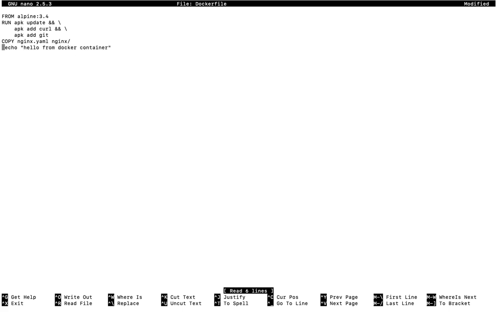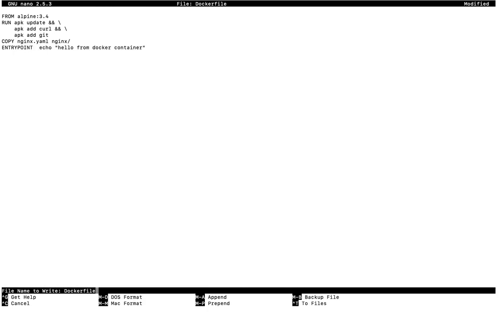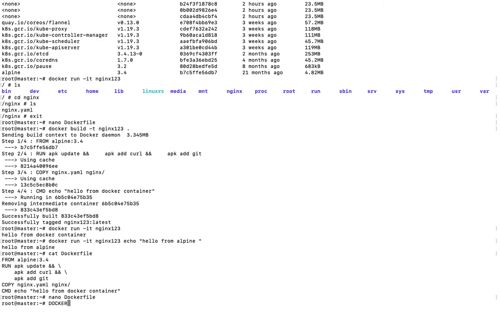Now we'll edit the Dockerfile again and pass ENTRYPOINT here. Save it, and then again you need to build the docker image. Docker build -t nginx123 and dot.